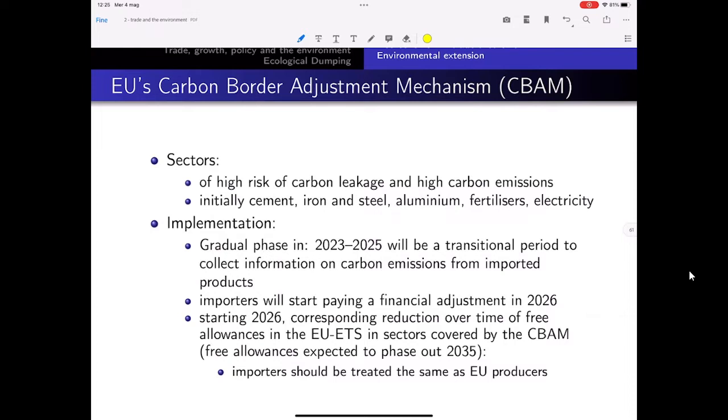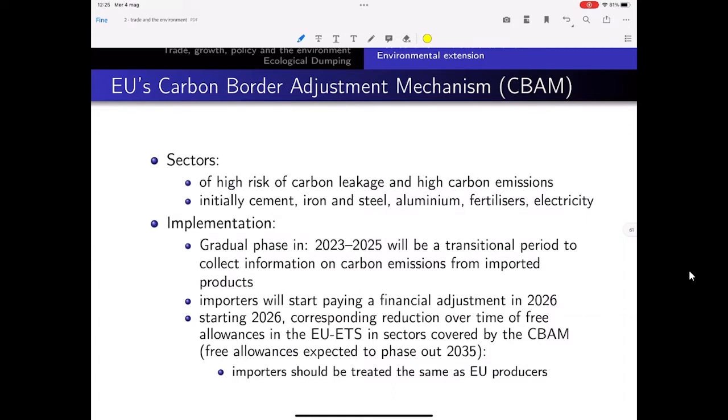And then financial adjustment payments should be paid starting in 26. Okay, so the system should really start in 26. And correspondingly, starting also with 26, the free allowances should be reduced. Okay, because remember, all these